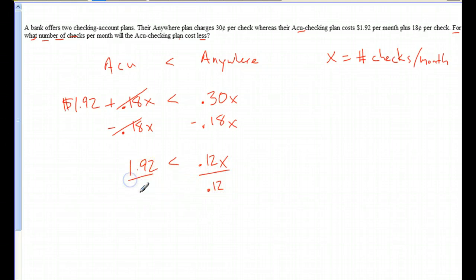The only reason I move the x's to the right is because it was one step and then I'm dividing, rather than having to move this over and then move this over and then divide. I just subtract over the 0.18 and then I'm dividing. Not dividing by a negative, so that stays. And then 1.92 divided by 0.12